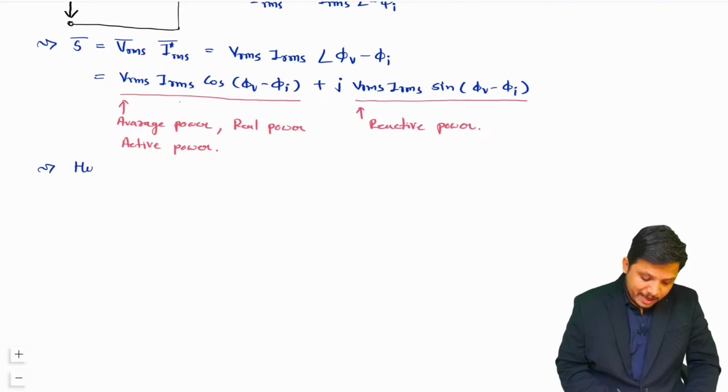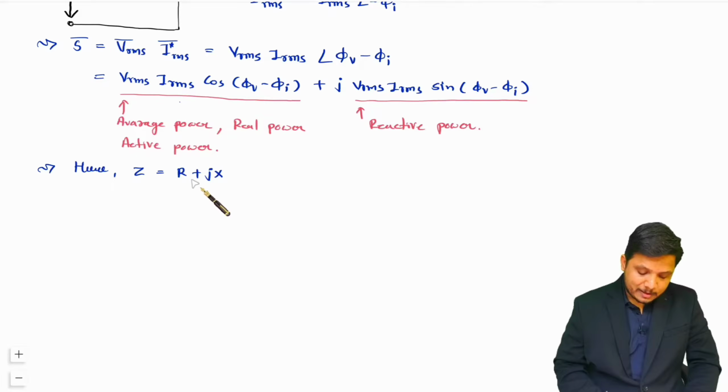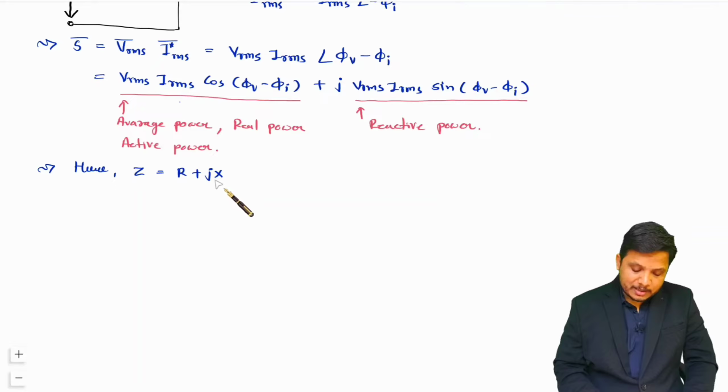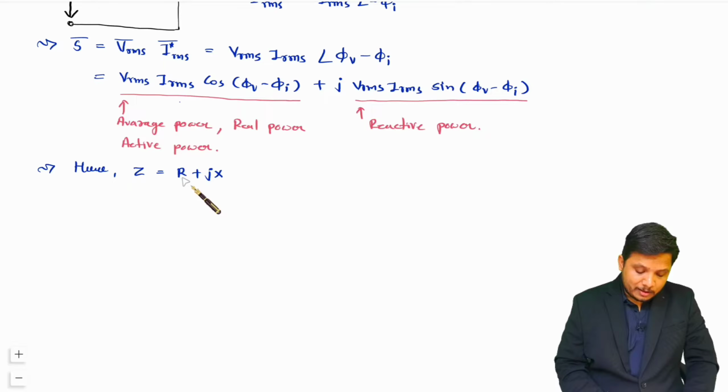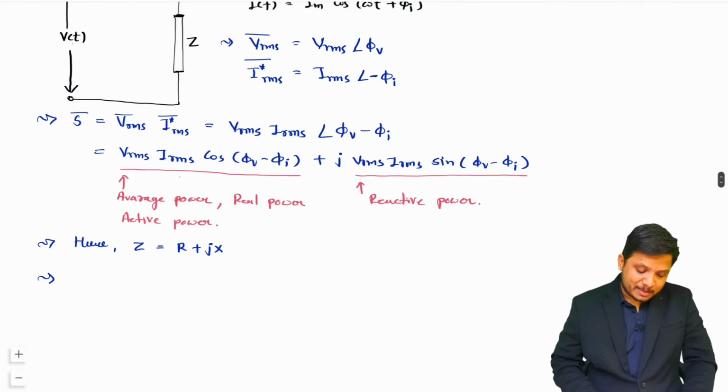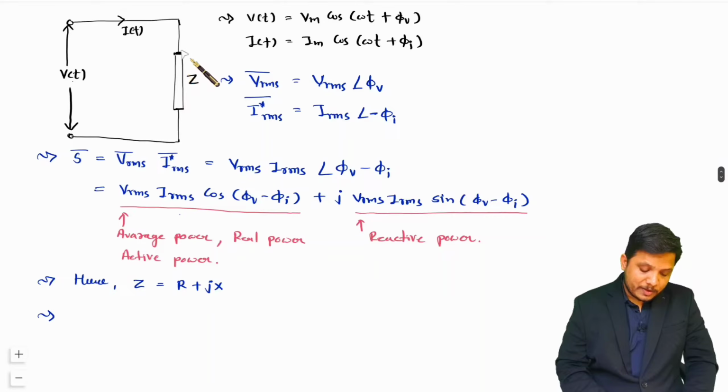Here we have the impedance Z, and let us say Z is R plus jX, where R is resistance, but X is positive for an inductor and negative for a capacitor. Now I want to represent this complex power in the form of resistive power and reactive power. For that, we have the Vrms calculation, right? So Vrms is how much? That will be Irms into Z.